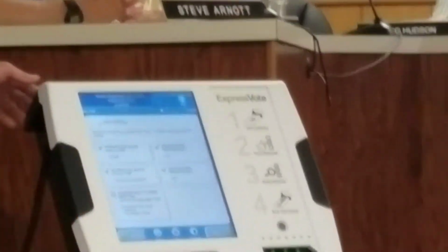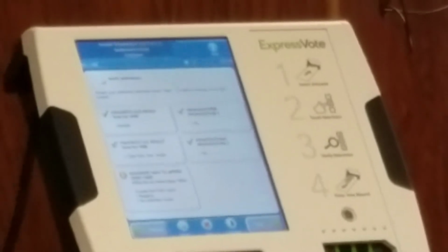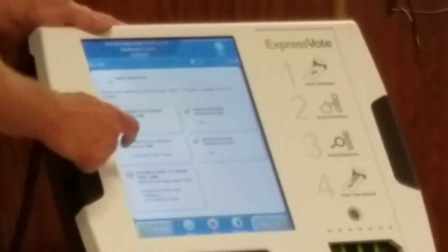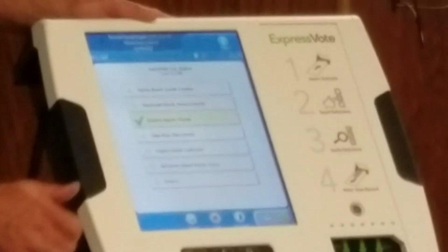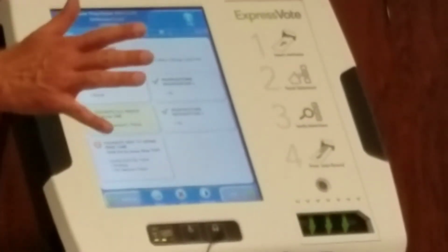At the end, it comes up with a review screen, so the voter has another chance to correct any errors made on the ballot. If I decide to hold on to the vote for that person, I can press it to go back. I can change my mind. Once I check the ballot, I then will